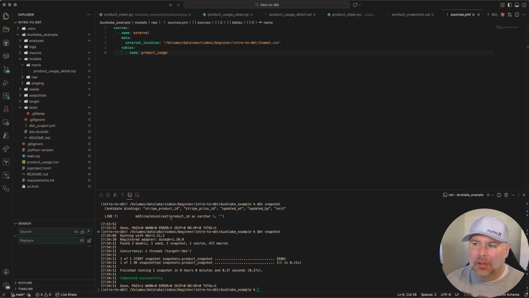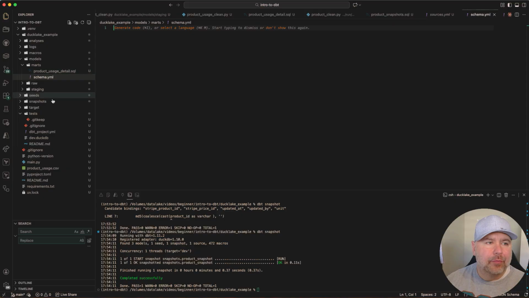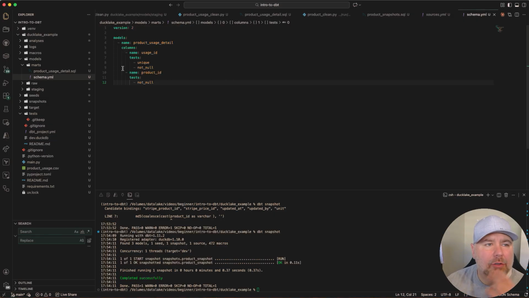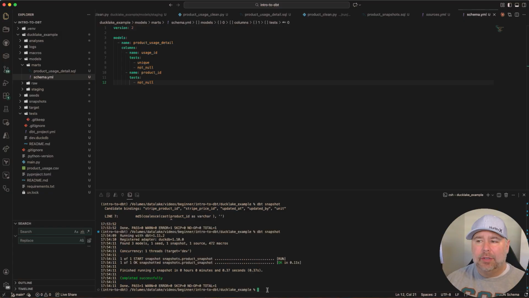So for example, let's do one for marts. In marts, we do a new file, and I'm going to call this schema, and this is in YAML. Now I have this schema YAML, and this is the one that I did. There's my version, version 2, product usage detail, that's the name, and there's a usage ID. I'm going to test to make sure it's unique and not null, and then there's a product ID, and I'll make sure it's not null. This is specifically for this mart, and if I run dbt test,